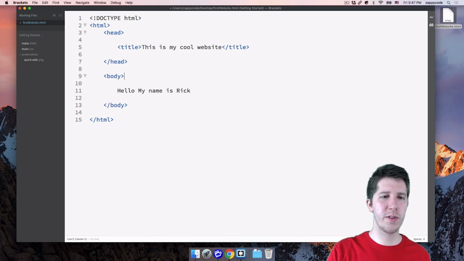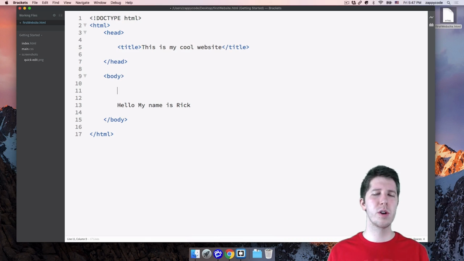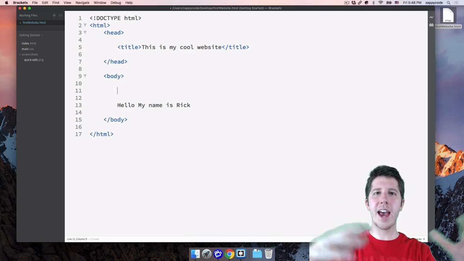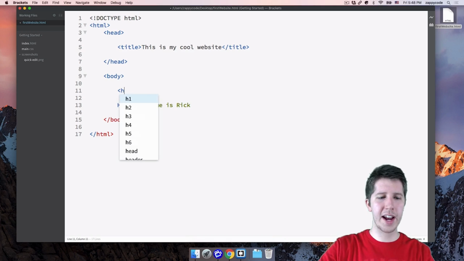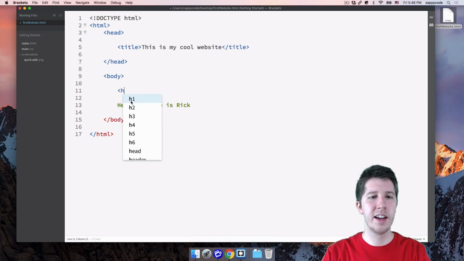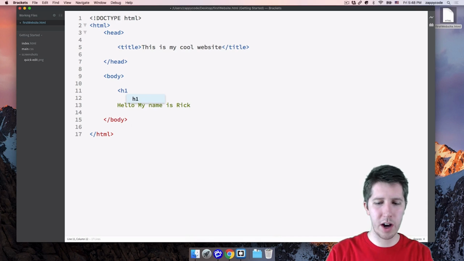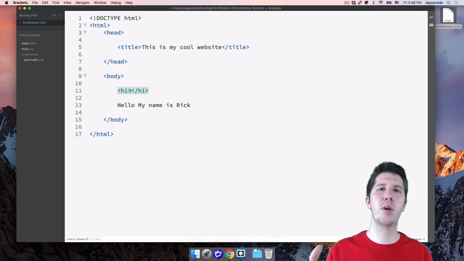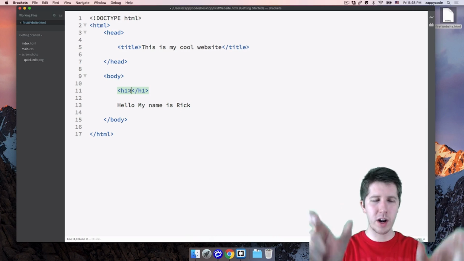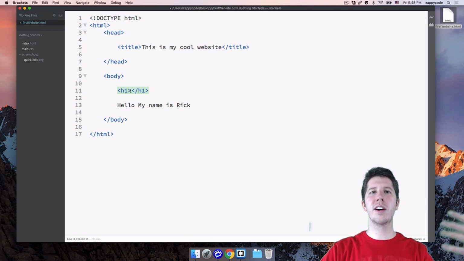So to show you your very first one, and I'll tell you, these header tags are meant to show some sort of title or something in your website. So we're going to make our very first one. The header tags all have numbers associated with them. So the first header is you do your angled bracket, and it's just H1. And you can see there's H1 through 6. There's a bunch of different header tags here. So I'm going to do H1, all right, and you can see it gives me the ending one. And the idea is any text you put inside of these two H1 tags, it's going to apply the header 1 functionality to that.